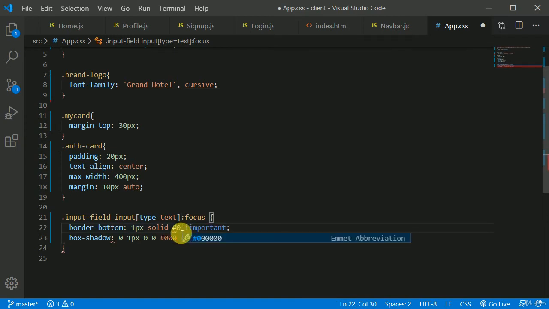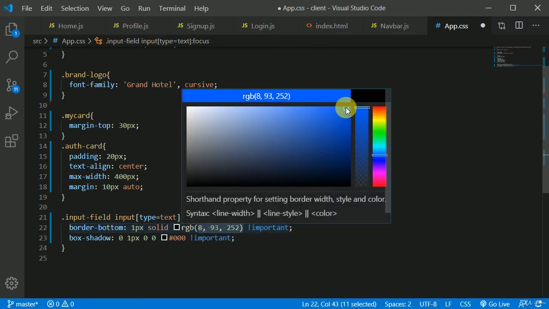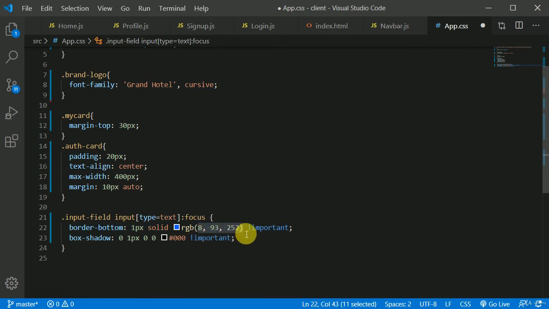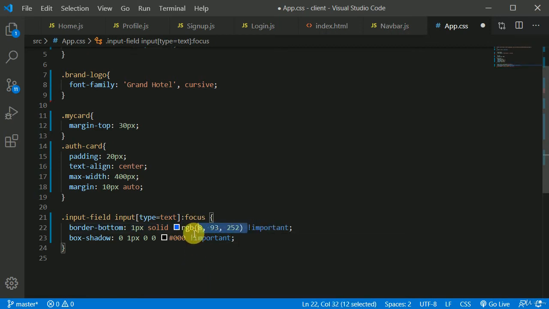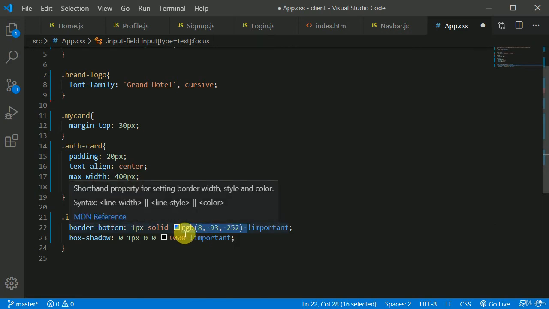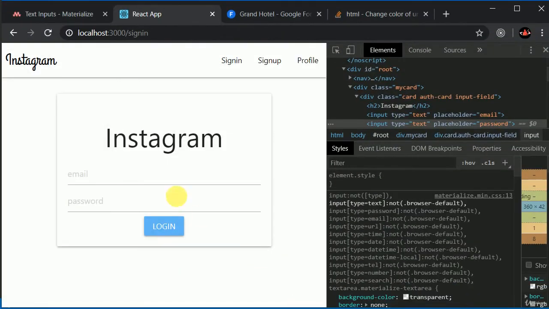Let's hover over this, and let's select a kind of blue color. Yeah, maybe this. Okay, I'll copy that. Oh, Control Z. I'll copy this, Control C, and I will put it in here as well. Okay, let's save this and see if this changes. If I click, okay, now here you can see we have this beautiful blue color. So this is beautiful.